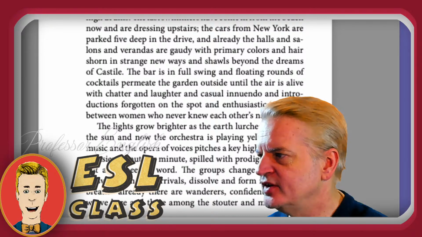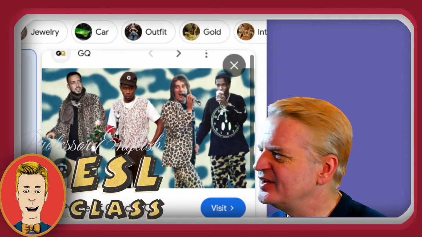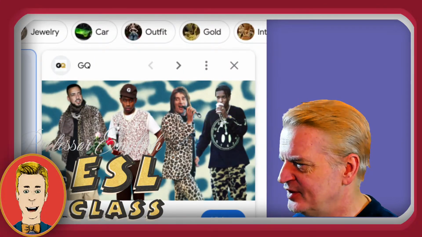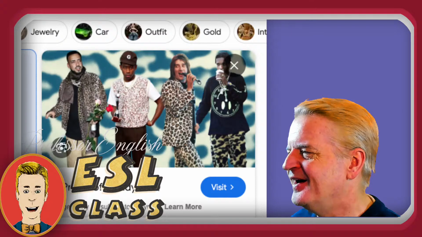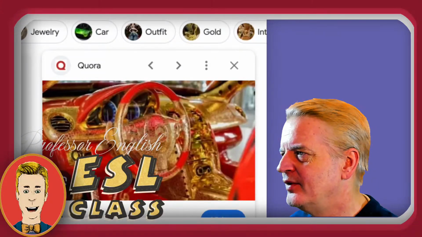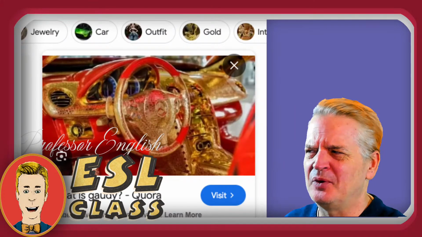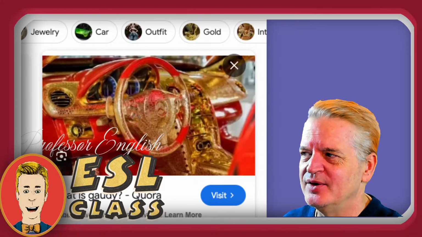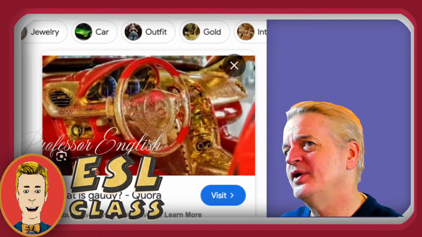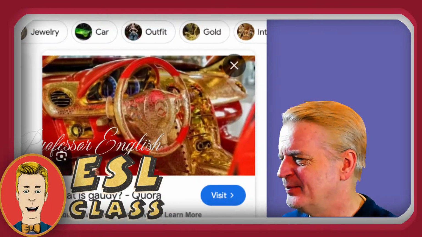If someone dresses in a gaudy manner, they usually use a lot of colors. It doesn't really look very nice. Well, maybe the person who's wearing it thinks it looks nice. But, for example, look at this car. Some people probably like that. But other people will say, oh, that's too colorful, that's too much. And you would say it's gaudy, which is what we would understand from that: it's so decorated that it's ugly.